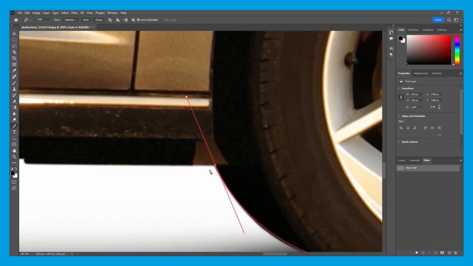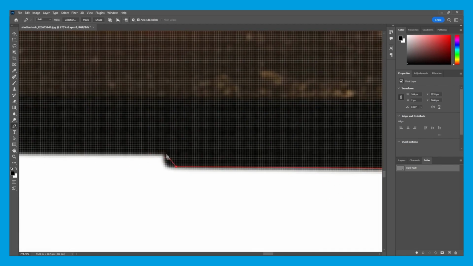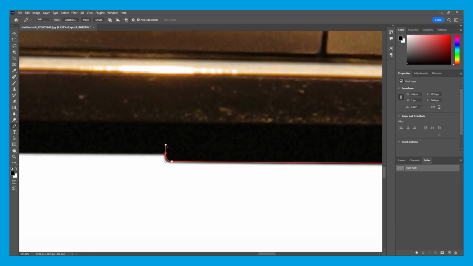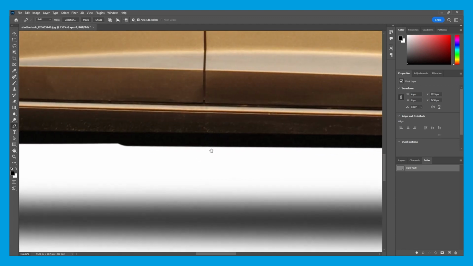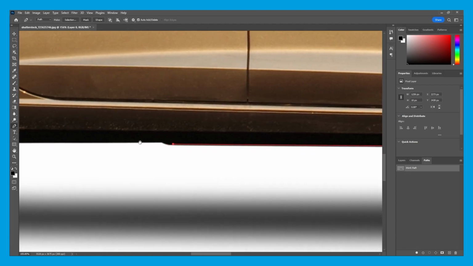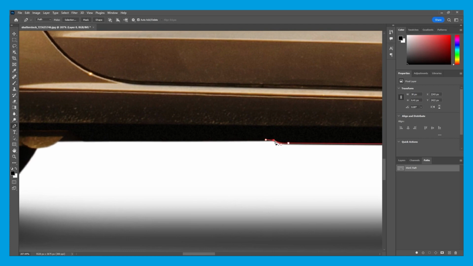And you can do the same thing on this angle here. You can either change the direction of your forward facing direction point, or I can just remove it completely by pressing Alt or Option. And with straight lines, all you do is just click from point to point. You don't have to hold or anything. And a slight curve here, so I'll drag like that and follow along the bottom of the car. Just slight curves here and there, and again I can change the angle like that or completely remove it.